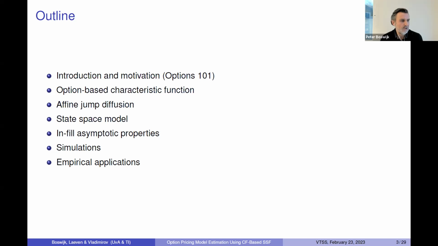the main result is actually one in which we see to what extent this state space formulation is valid. That is to say, we have some approximation errors and how quickly those approximation errors basically tend to zero as we take this infill asymptotics. I should again mention that this type of asymptotics is not new. There have been many others who have worked with the idea of having a continuum of strike prices. So that has been used a lot, and we use it here to actually demonstrate the properties of the state